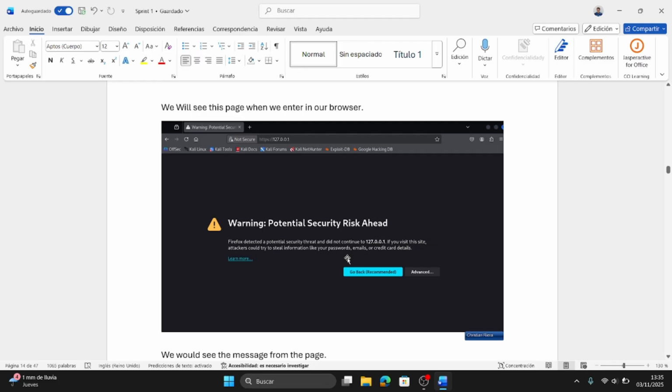And now we open the web browser in the Kali Linux, not Windows, because we are doing this in the same machine, and we put 127.0.0.1 to go to our machine, and we are going to see this warning because the certificate is not validated by a real CA. It's self-signed.